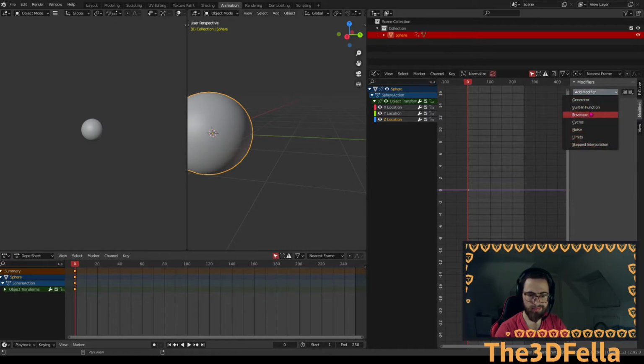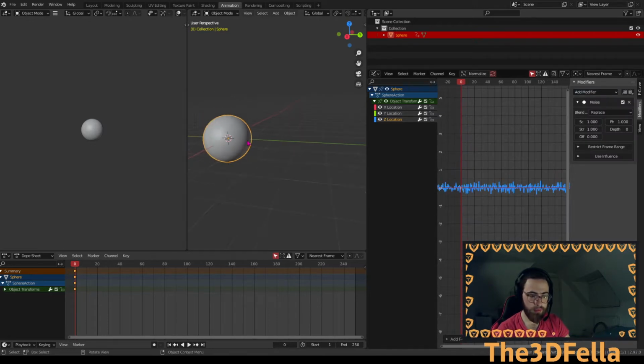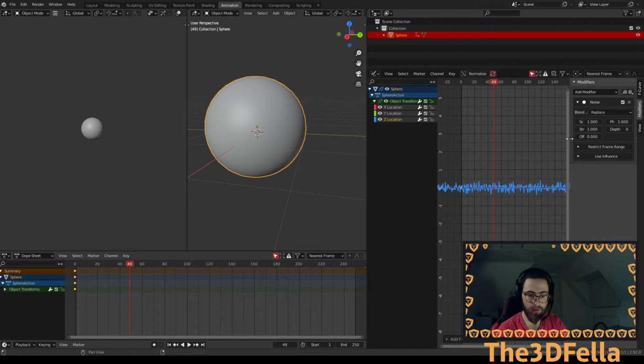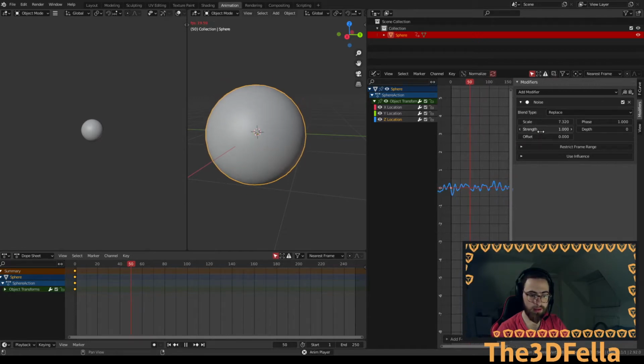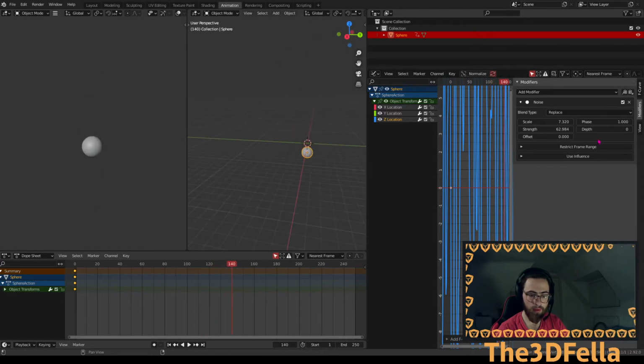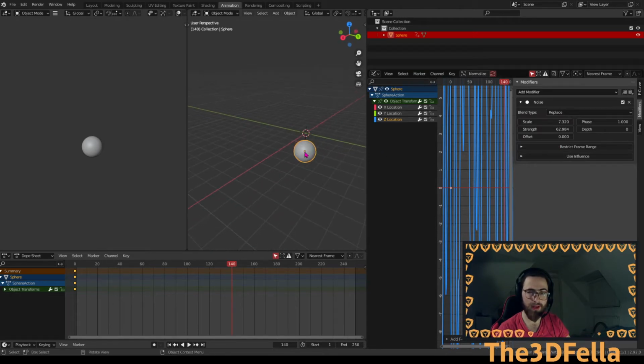They're all quite helpful. The ones most used are probably noise, cycles, maybe limits. For this demonstration, I'm going to show noise. And now you can see there's a bit of noise. So if I play the animation, you can see it shaking around. You can change the parameters over here to change the scale, so it's moving around slower, or the strength, so it's going to jump around a bit more. You can also restrict the frame range, so it's quite helpful to use this when you need a bit of